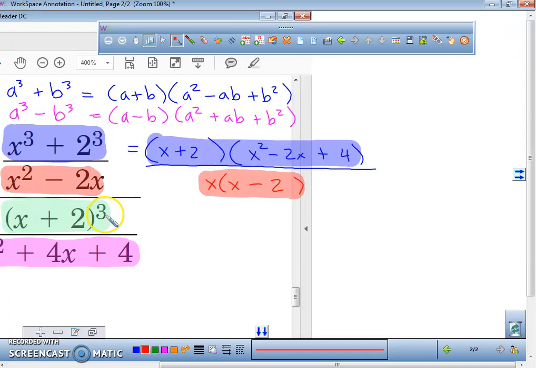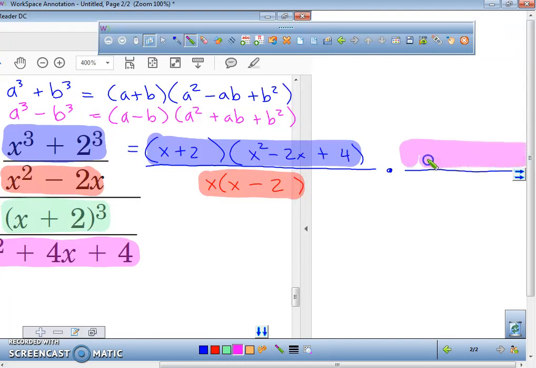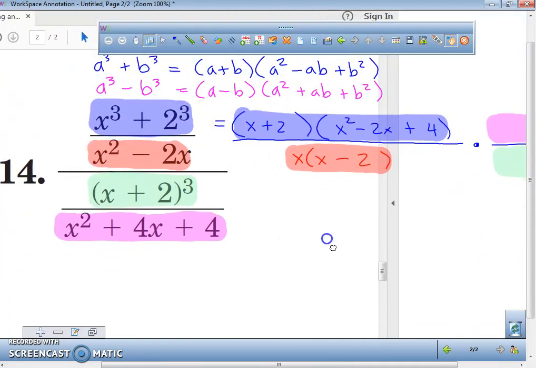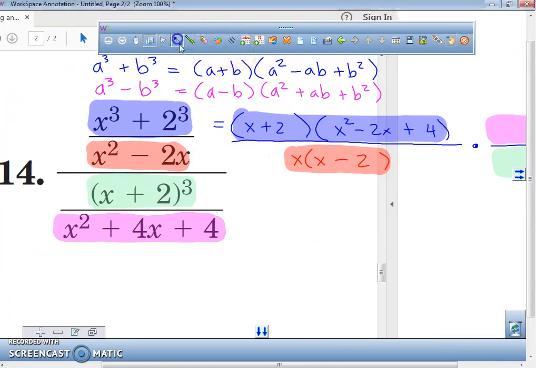Now, if we're dividing by this rational expression, we have to multiply it by its reciprocal. So right now, what I need you to do is put the purple on top, right here, and we need to put the green on the bottom, right here. Can you guys see how these are? This is going to be the reciprocal. So instead of dividing, I'm multiplying by the reciprocal. Now, this one right here in purple